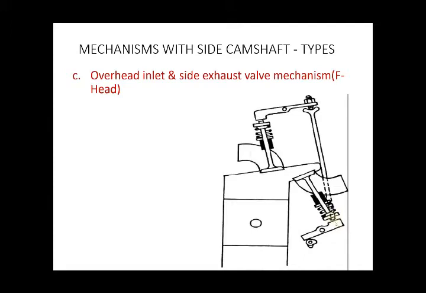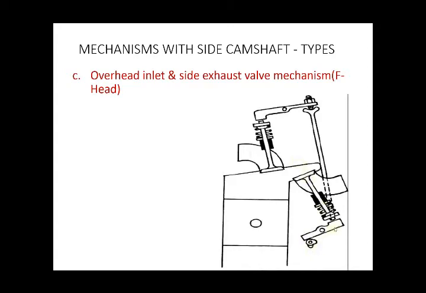And since all these are in contact with each other, it will push down the exhaust valve, and after the cam passes, due to the spring pressure, the exhaust valve will close,